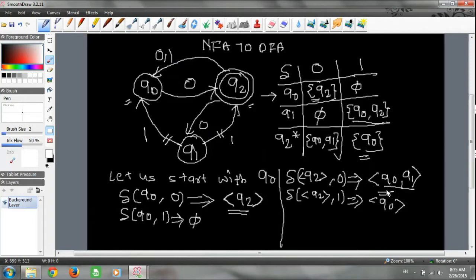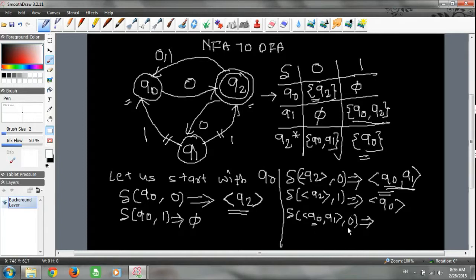Now let us take these for expansion, Q0, Q1. Let me erase this. Remember that writing systematically is very important. So Q0, Q1, don't make any mistake. On that, if we give 0, where does it go?